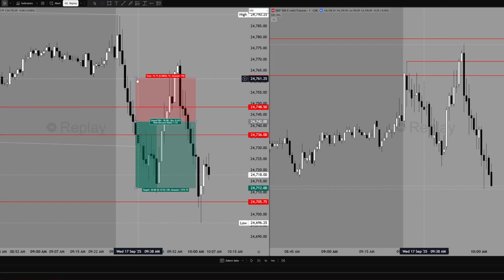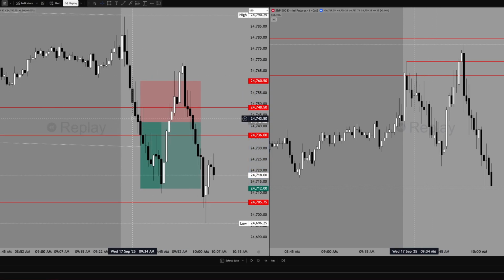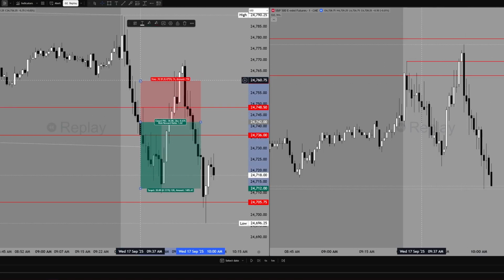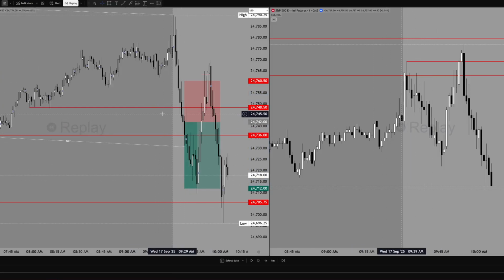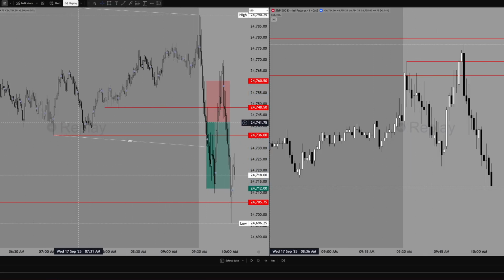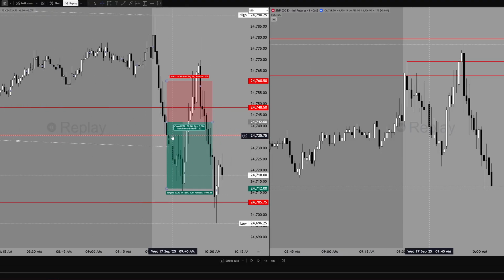Why? Because pretty much on this count over here, we are displacing lower still. ES failed to get reversal sequence. It didn't go back up to these highs and sweep it, and we started displacing lower still. So I was thinking I can just short right here, put stop loss here, and then 30 points. But the only thing about this trade is that I'm trading through this low here and forgetting about this draw.